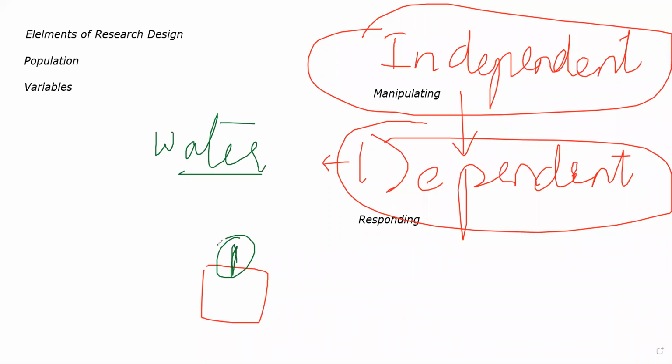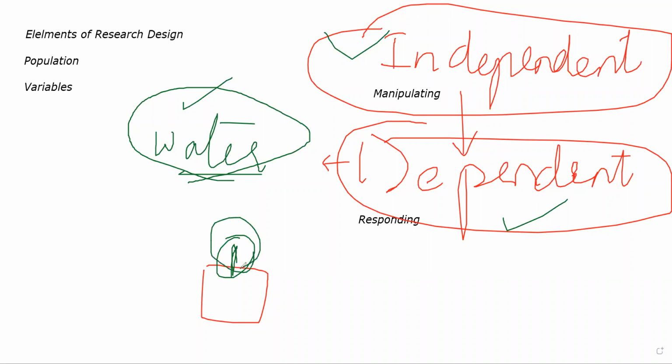अब कितनी देर तक देना पड़ता है वो survive करने के लिए? All of that, कितना quantity देना पड़ता है survive करने के लिए? All of them will become dependent variables. They are dependent on this independent variable. So as a researcher, you are manipulating independent variables in order to make sure that dependent variables are responding. ठीक है, आप manipulate इन लोगों को करते and dependent variables respond करते. So you are manipulating the content of water or whether or not to give water altogether, and the dependent variable, which is the plant itself, is responding either by growing or withering or whatever is happening to it. Okay, that is a relationship between variables.